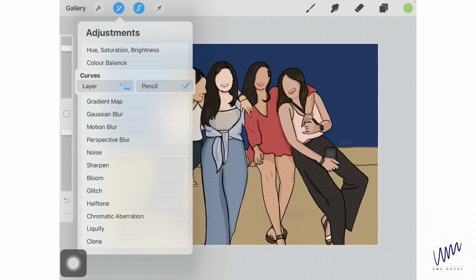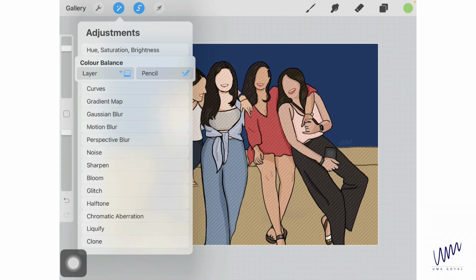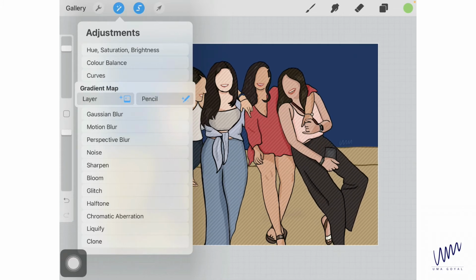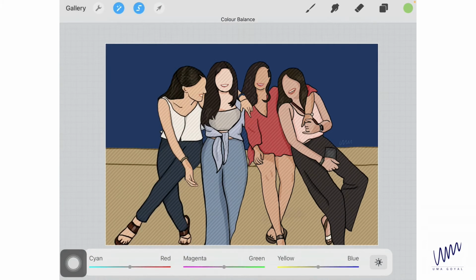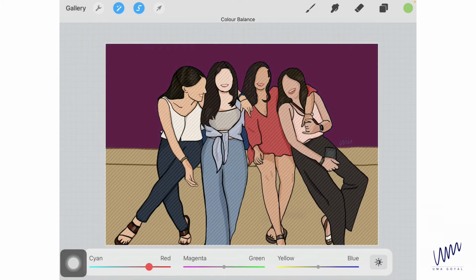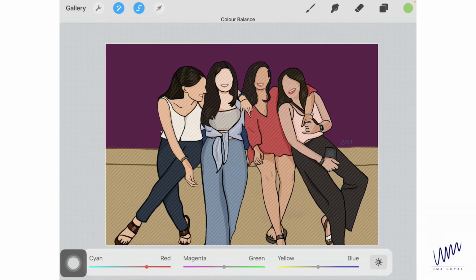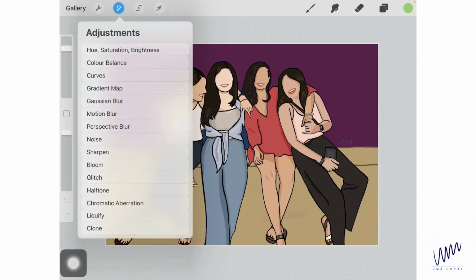Moving on to the filters, we all see that when we click on these options and adjustments, we get 2 options, layer and pencil. So layer is nothing new. For example, if I go in color balance in layer and I make any changes, so now actually I have a selection, so I'm going to unselect this, and that's what it does. If any part of that layer is selected, or if nothing is selected, it's going to apply that effect to that selection or that layer.